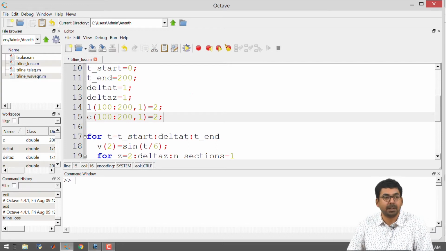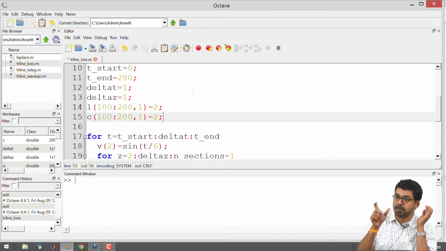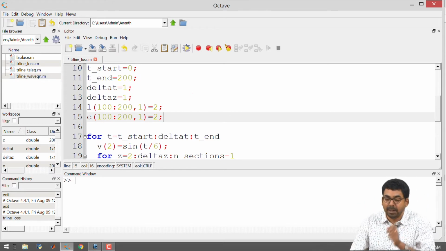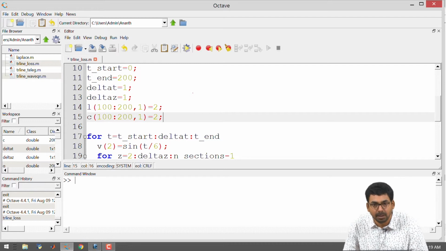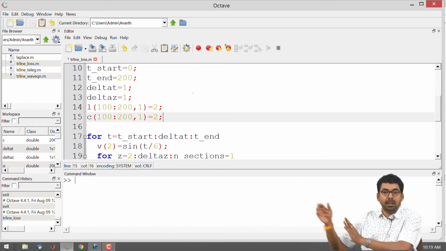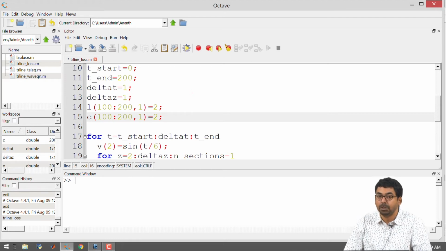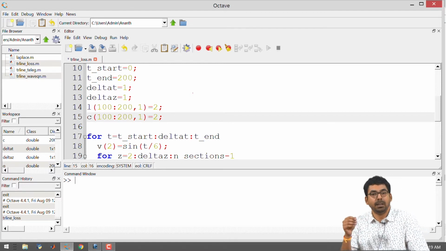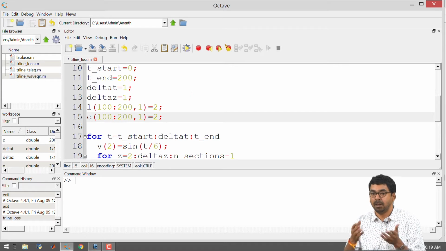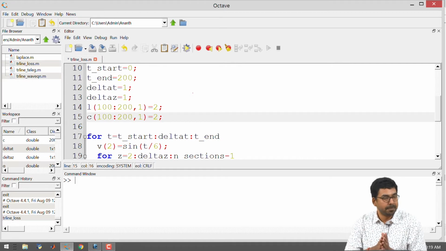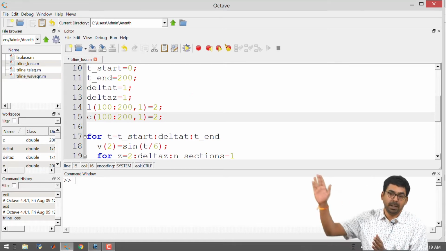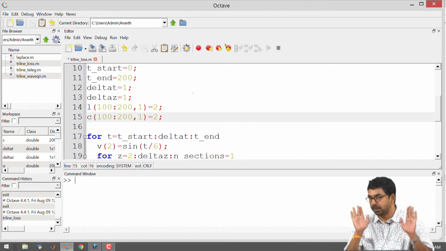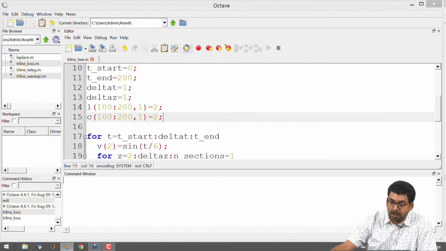So, now you have two halves of the transmission line. The left half of the transmission line will have L and C equal to 1, that is from position 1 to 100 it will be having value of L and C equal to 1. The second half of your graph, whatever you are seeing in the simulation, will be having L equal to 2 and C equal to 2. Okay. So, I am going to run this. We have to keep in mind what happened in the previous simulation and then compare it with this. The previous simulation was pretty much non-eventful, that is, the wave just traveled from left to right. In 200 instants of time, it reached the 200th spatial point, at which point the simulation stopped. Okay. Now, let us have a look at what is going to happen here.